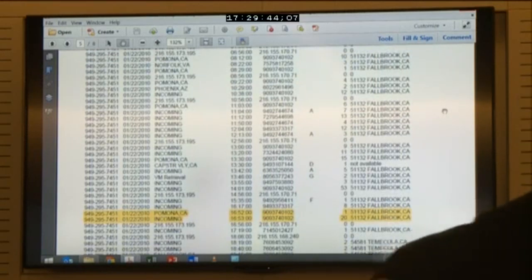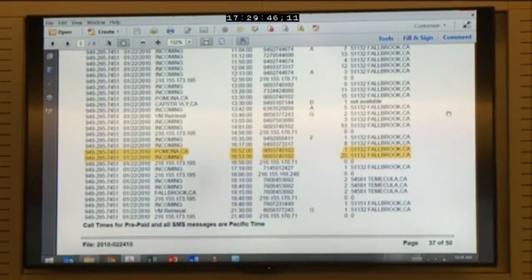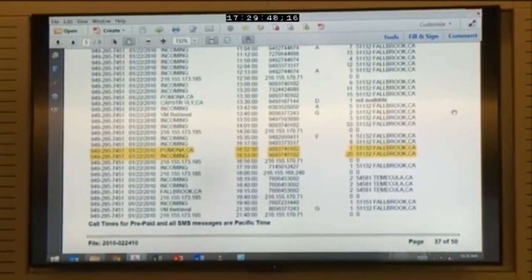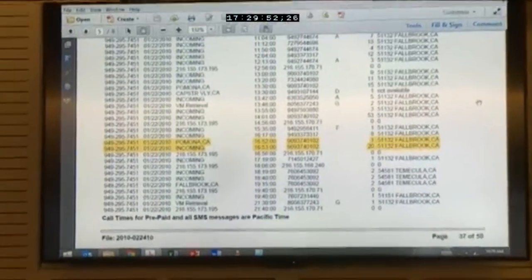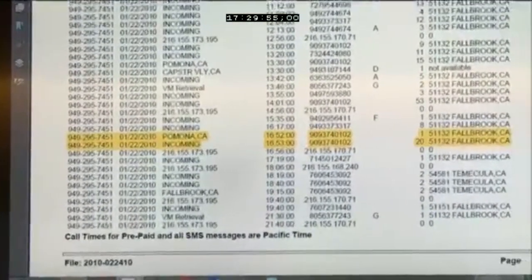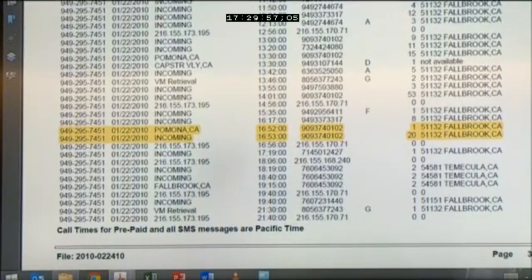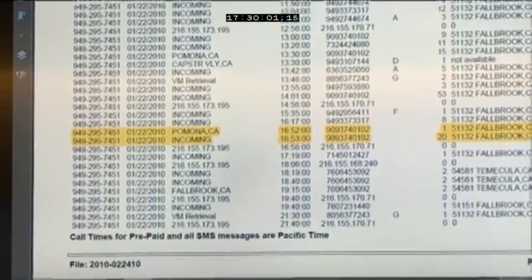So we're on page 37 of 50. What are we looking at? Okay, so there are two highlighted entries in here. Just to remind, these are Joseph's cell phone records, and we can see on January 22nd, 2010,